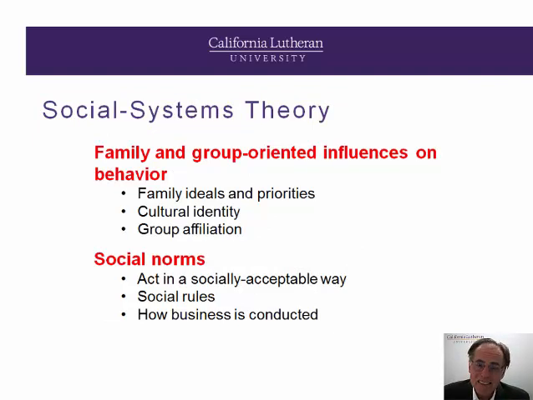Social systems theory explores group dynamics. The group might be the family, a social group, or a work group. Interaction between members mutually influences behavior because the more one seeks to be part of the group, the more one's behavior is influenced by socially defined norms and rules. The individual is inclined to act in a socially acceptable manner because that keeps the person in the group.